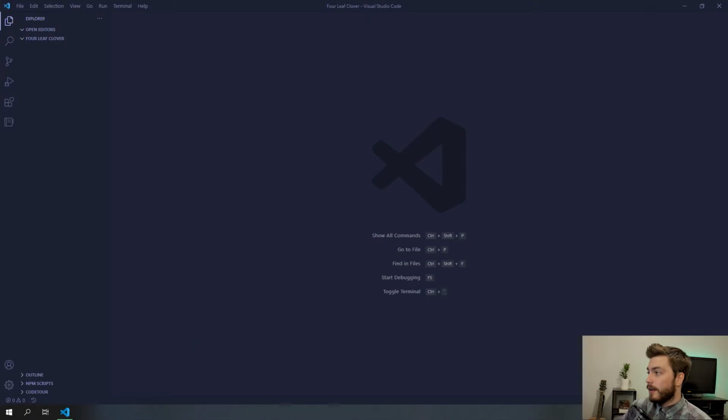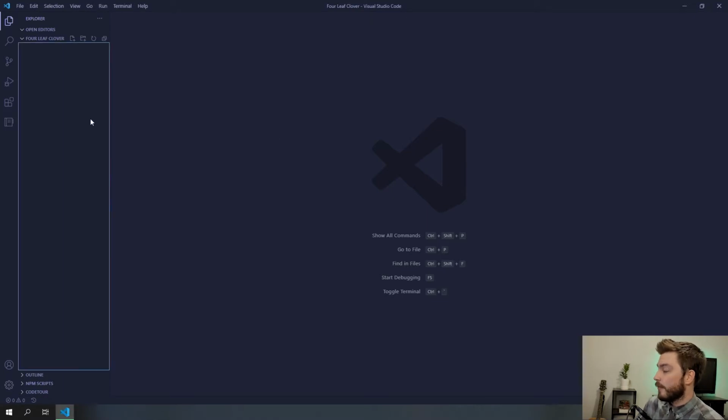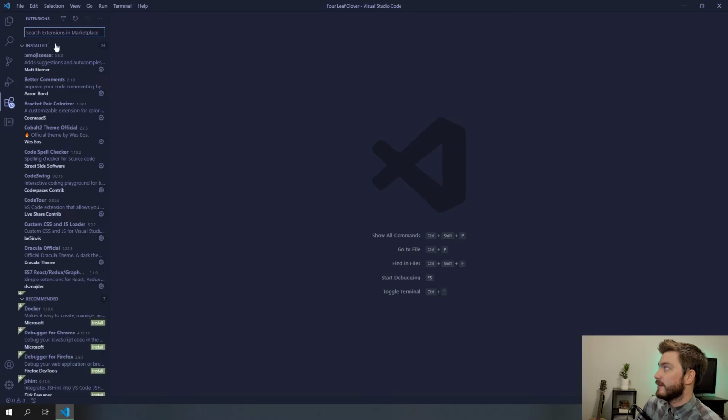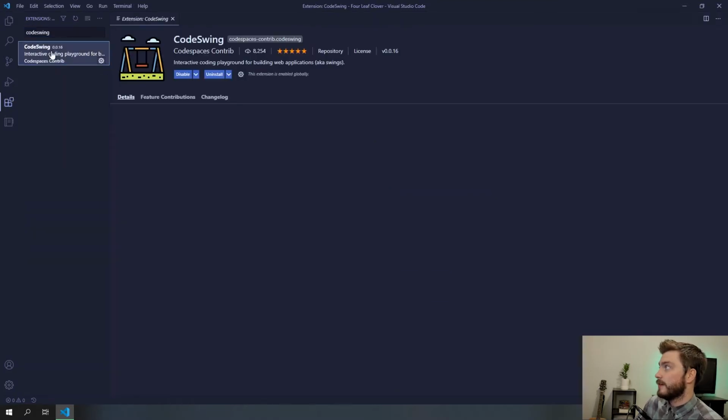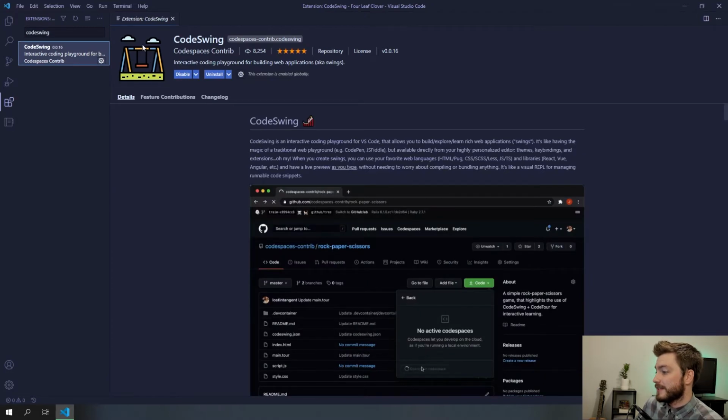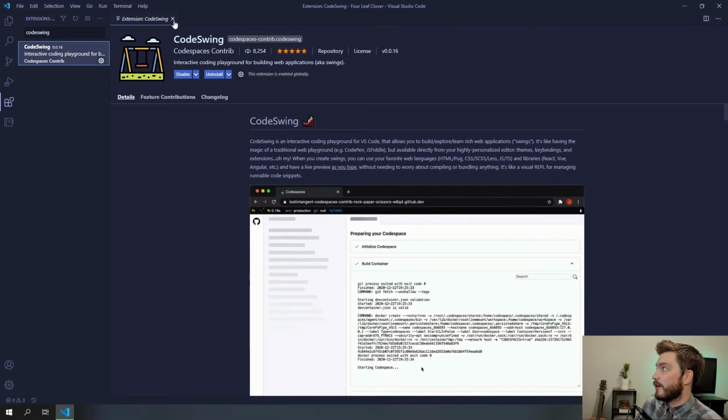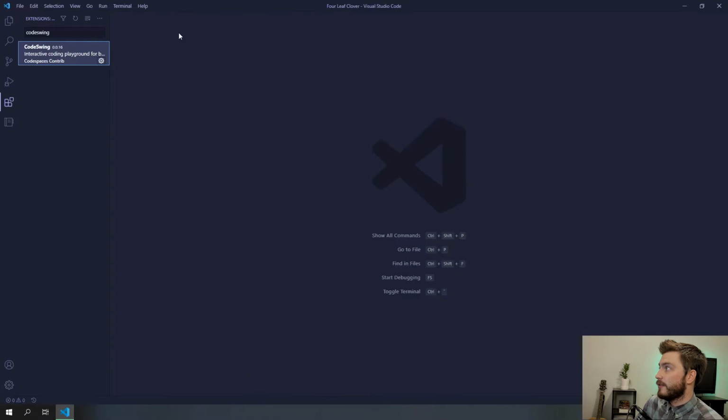So here we are in Visual Studio Code, and we're just going to start with a blank project because there's not too much to this project. One thing that you're going to need is the extension called CodeSwing. So you can just search CodeSwing. It's literally this swing set that is the icon for it. Go ahead and install that, and that will allow you to create a playground that we can quickly create all